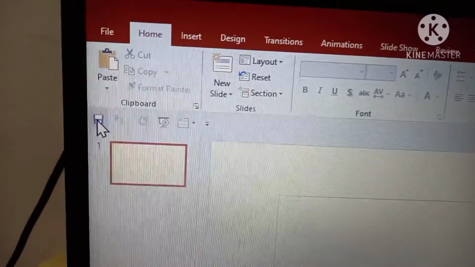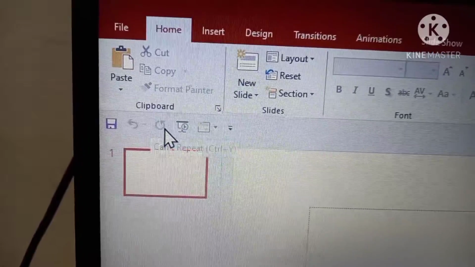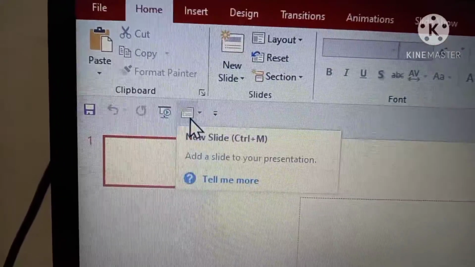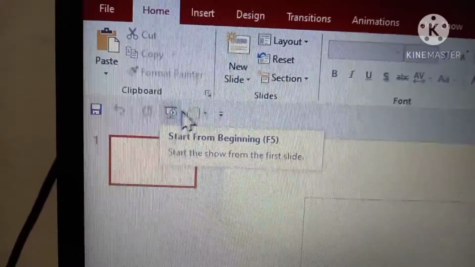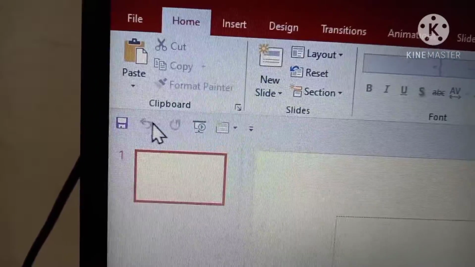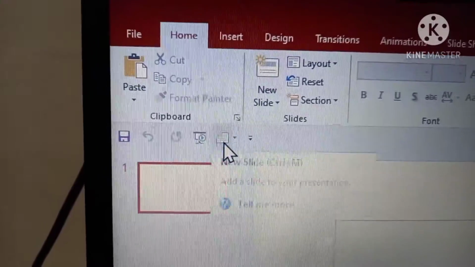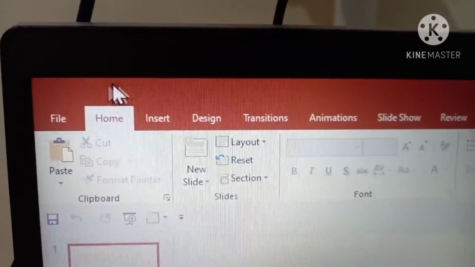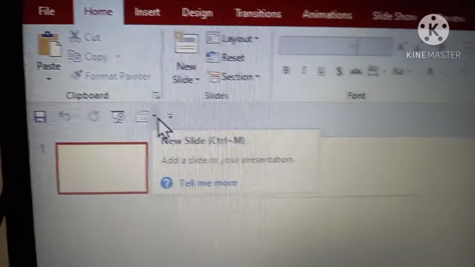Now children, here you see save, undo. This is undo, this is redo, and this is to run the PPT presentation from the beginning. Okay, and here now slide, this slide. Suppose you want to insert a new slide, you can insert. So what is this altogether called? This bar is called a quick access toolbar. This full bar is called a quick access toolbar. Now this is here and this can be here also. We can place it here also, as per your convenience, right?